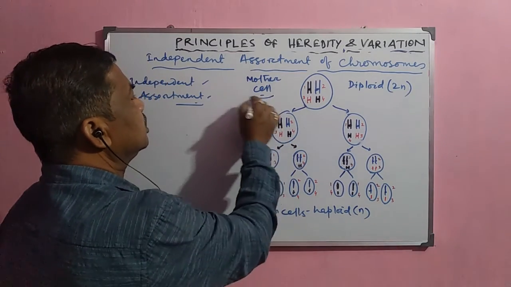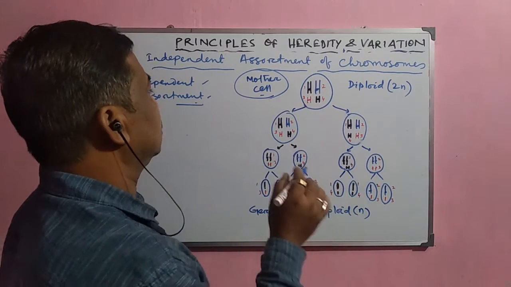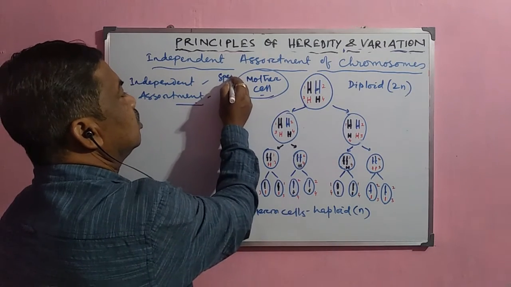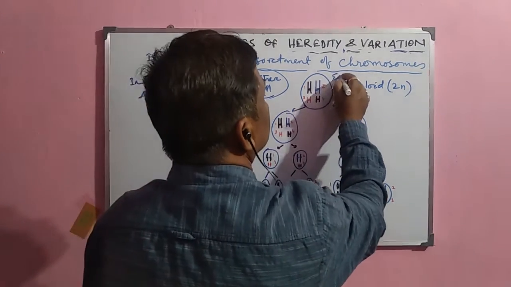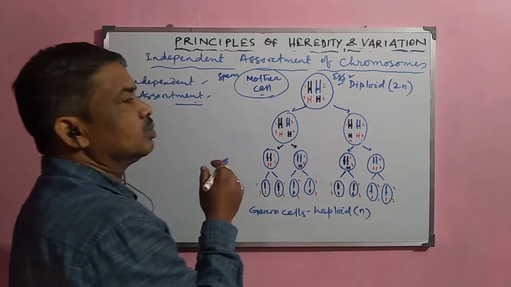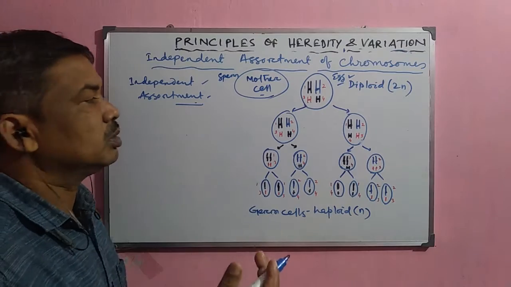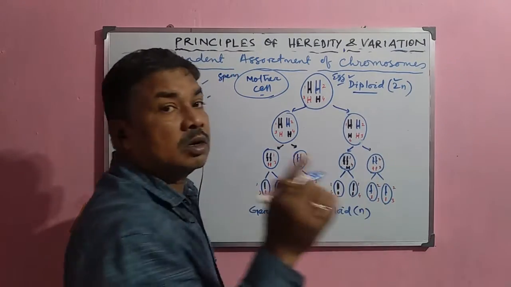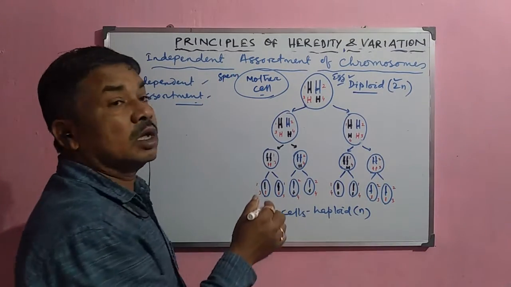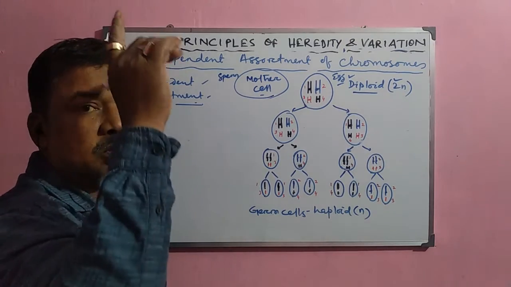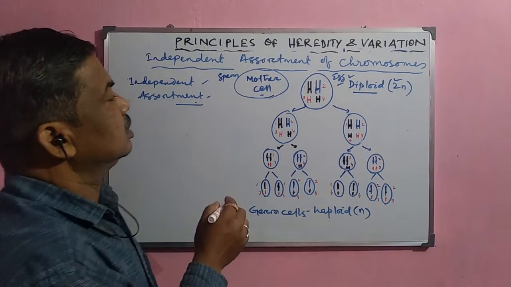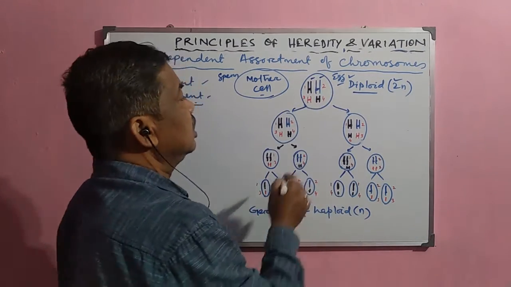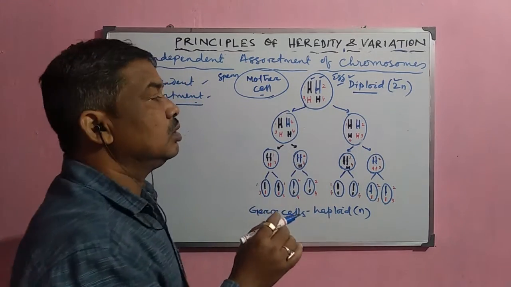Now in the mother cell of any germ cell, or you can say any gamete formation cell, this is either the sperm mother cell, or the egg mother cell, or in case of microspore, the microspore mother cell or megaspore mother cell. These mother cells are normally diploid in nature, and these chromosomes are homologous in nature because one set comes from the father and one from the mother. So suppose here chromosome number 1 and 2 are homologous chromosomes, and chromosome number 3 and 4 are also homologous chromosomes.